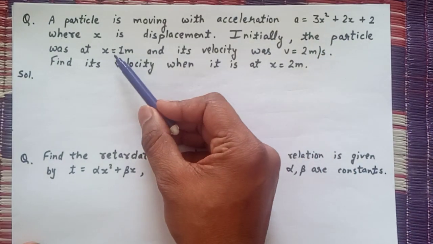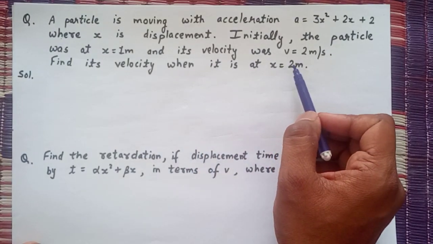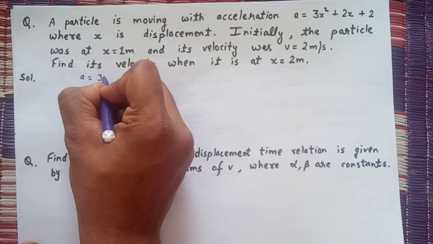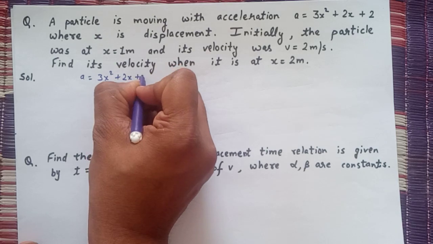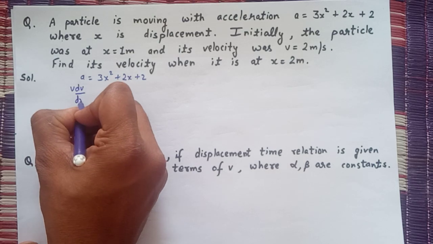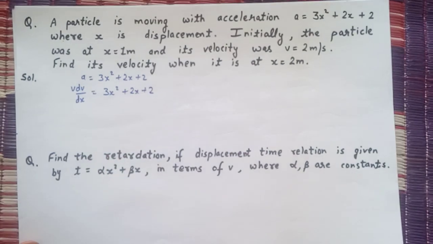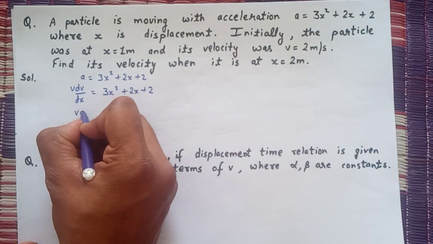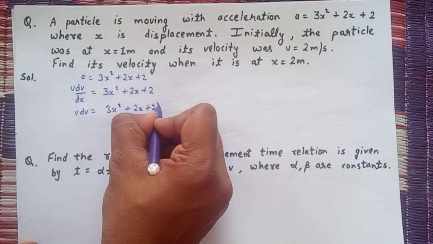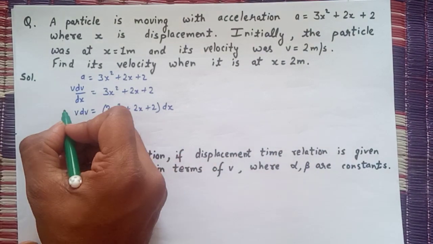What we have to do? When the particle was at 1 meter, the velocity was 2 meter per second. We have to find its velocity when the particle is at 2 meter. Okay, fine. So it is given that a = 3x² + 2x + 2. Now we know that the formula of acceleration is v dv by dx. It will be equal to 3x² + 2x + 2. Now v dv will be equal to (3x² + 2x + 2) into dx. So integrating it both sides,